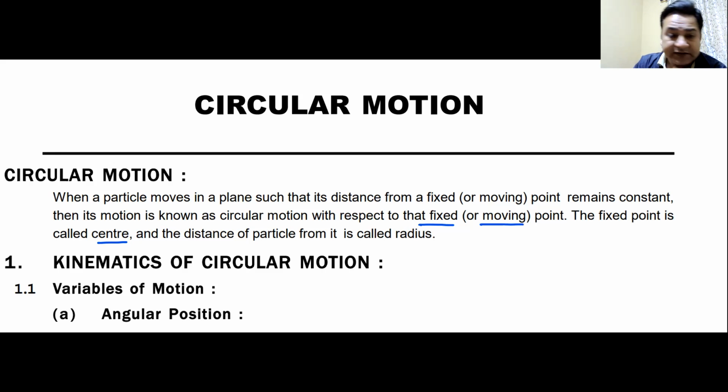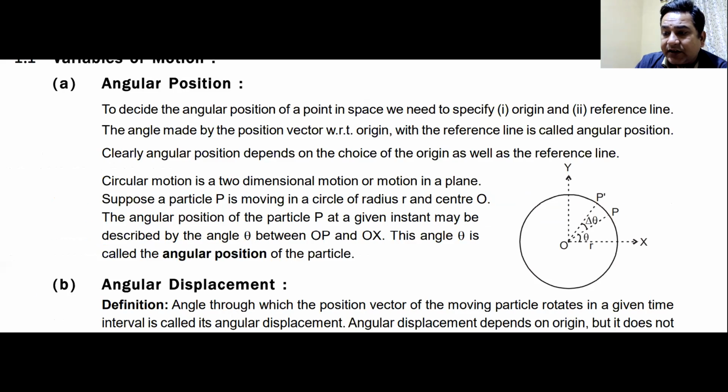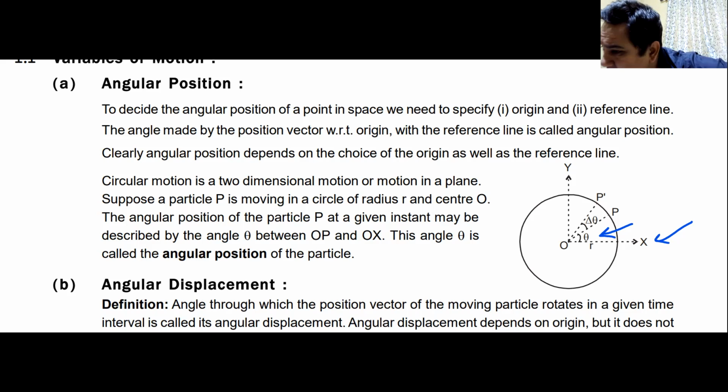So we had discussed what was circular motion. Then we had also discussed the different terms that are going to come in the circular motion. The first term is angular position. It is same as the position vector. But remember, this angular position is given in terms of an angle that this particle makes with the x-axis, this angle. And since this is an angle, this is not a vector, this is treated just as a scalar quantity. Angular position is same as position vector in your translatory motion.